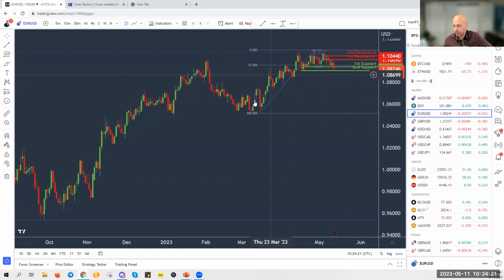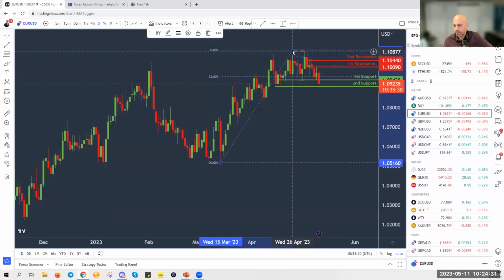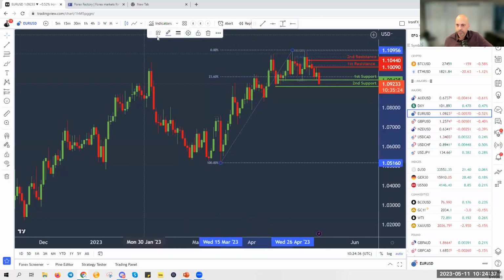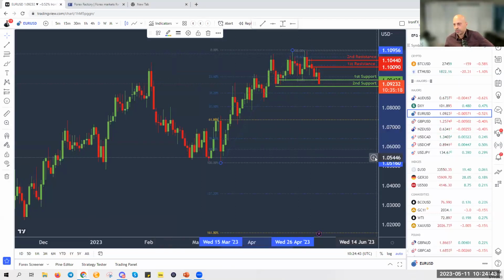So this is the euro. Let's just zoom in a little bit. We've run a Fibonacci retracement here from the bottom left of mid-March all the way to the peak that we had at the end of April. By running a Fibonacci retracement and applying all the levels, we are able to identify potential support and resistance levels depending on the leg of the move. Since this is a rising leg, once you have identified the bottom point and you identify the peak, you're able to draw the Fibonacci retracement levels,